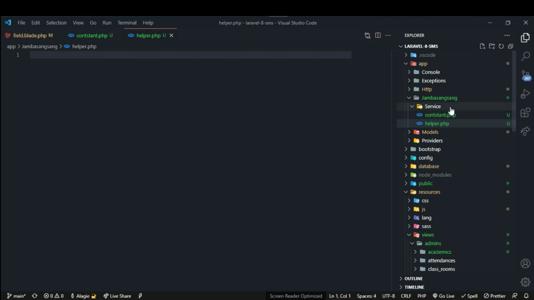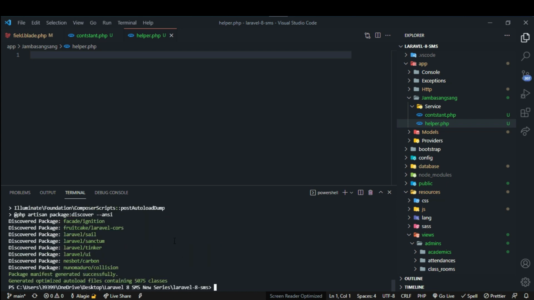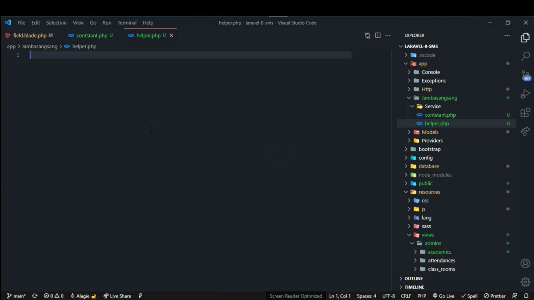And now what I will do is let's run this command here. We say composer dump-autoload, and hit enter. Okay, now everything is done here. Let's close this. Let's close the terminal, and now let's open our constants here, and inside our constants here let's